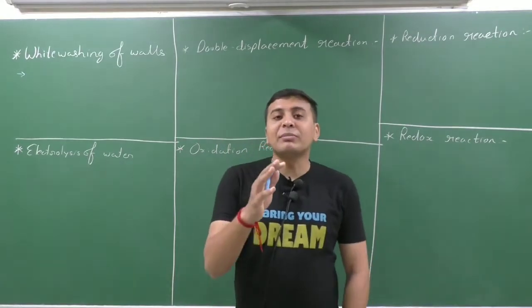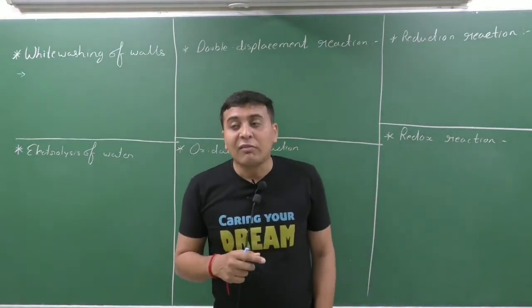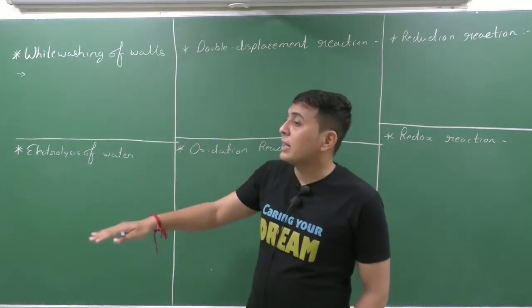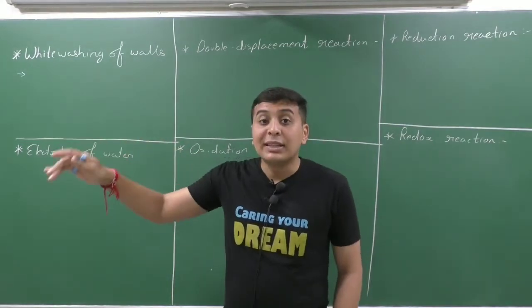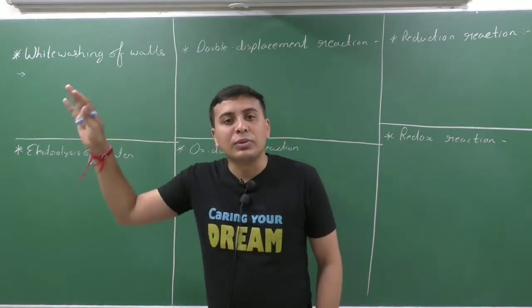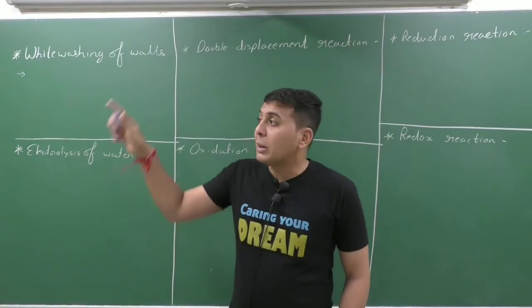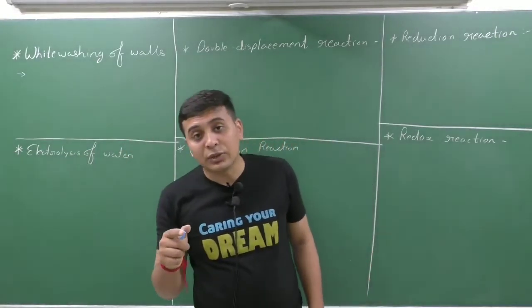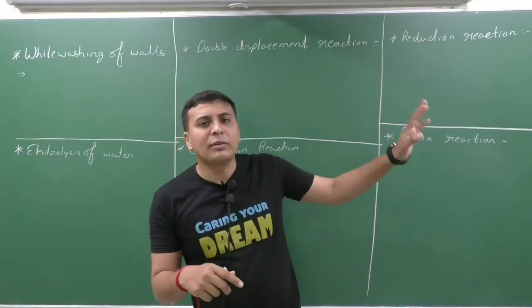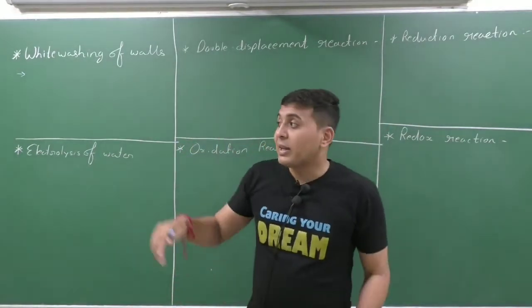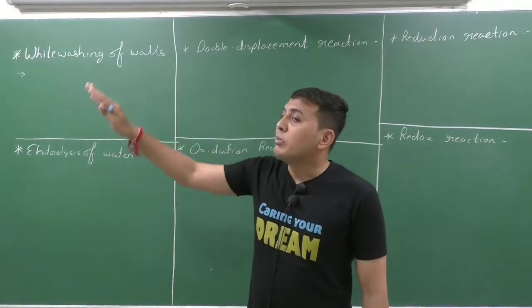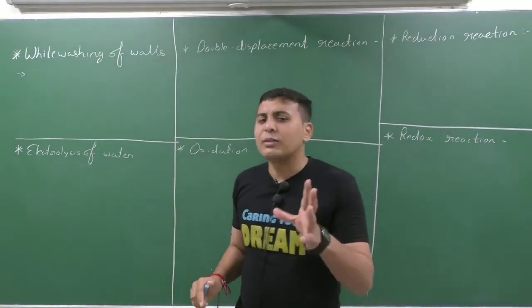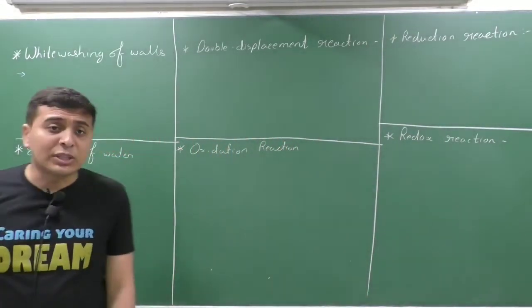So what do we mean by whitewashing of walls? Whitewashing of walls means coloring of the walls with a white color, that is calcium with a limestone, with lime, before applying the actual color on it. The whitewashing of walls is applying the white, that is tuna, on the walls before applying the color on it. That is whitewashing. So which chemical is used in the whitewashing?